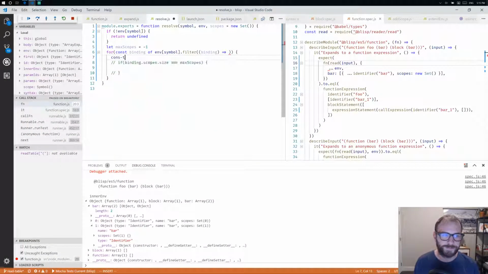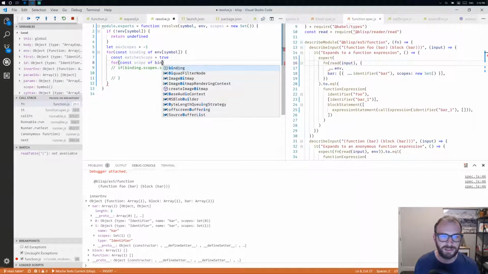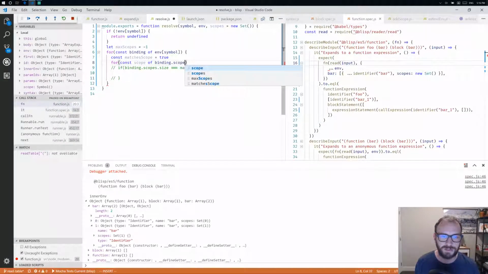Okay, so const matches scope equals true. So we'll just assume it's true. I need to get rid of this. This is not correct. All right, so for const scope of binding dot scopes,